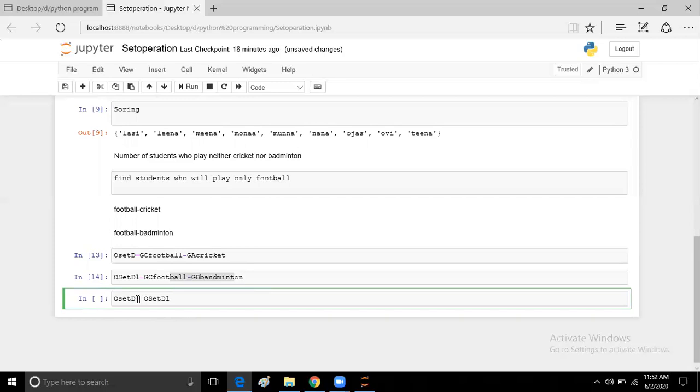We can achieve this using the AND operator, sorry, the OR operator. Just a minute, I have to find the OR operator.